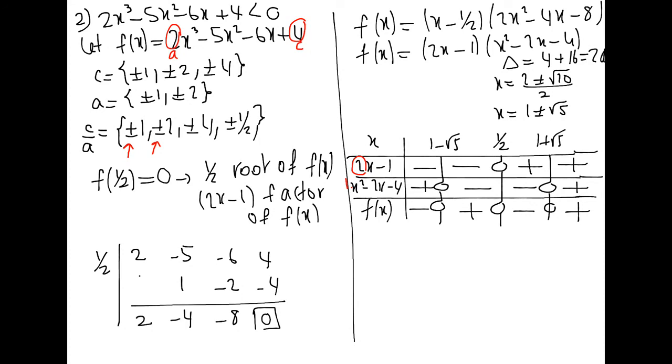Now, if we go back to the inequality, the inequality is strictly smaller than. Then they just want the negatives. Now, these are the intervals where f of x is negative. We don't take the zeros here because I do not have an or equal. So, therefore, the solution set is x belongs to negative infinity, 1 minus square root of 5, union, the intervals are open because we're not taking the zeros here, union half, 1 plus square root of